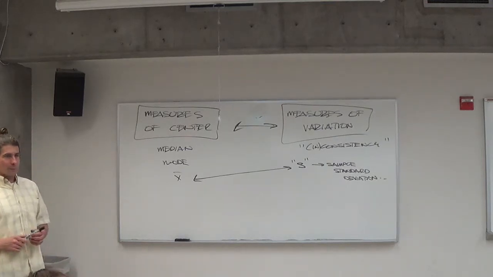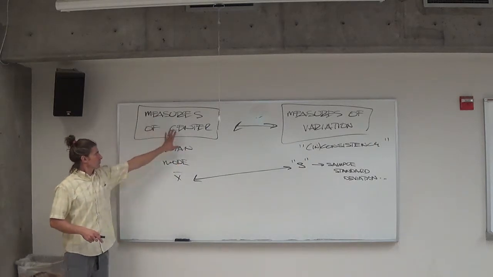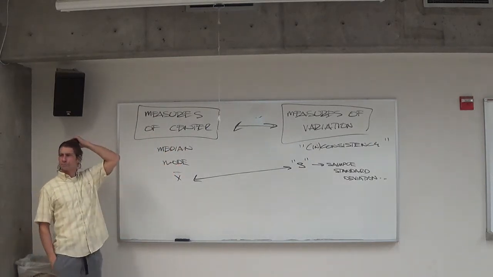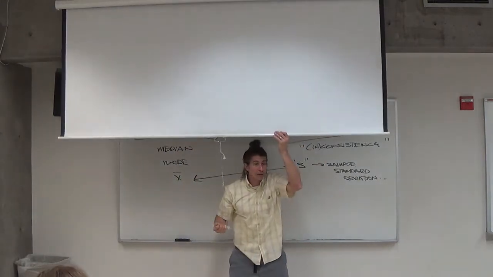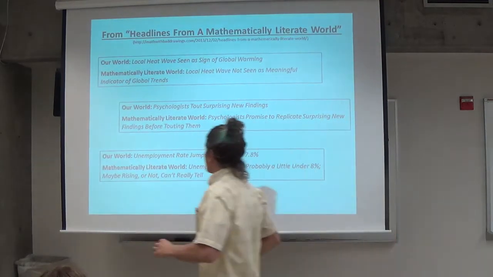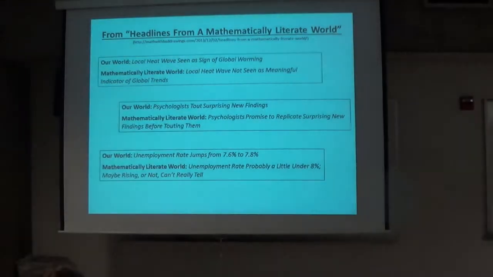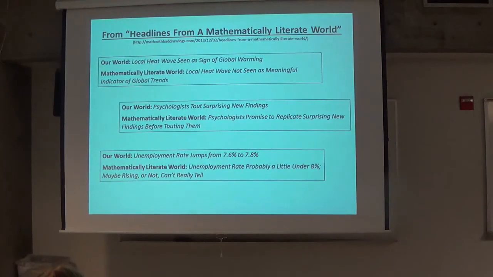Why do we care about variation? Why isn't this good enough? I mean, certainly, the media world doesn't seem to care about variation. I got some examples, some fun stuff to share with you guys today. I found a website recently called Headlines of a Mathematically Literate World. And I love this. This actually should be called Statistically Literate, but I don't